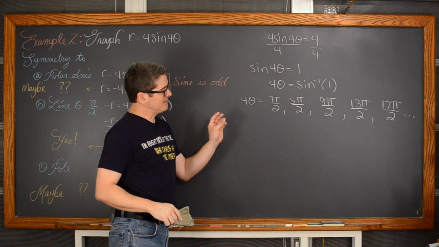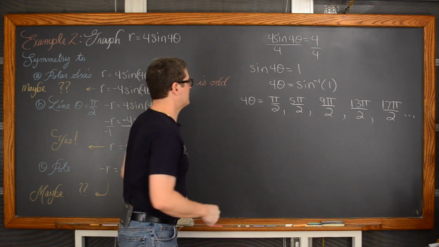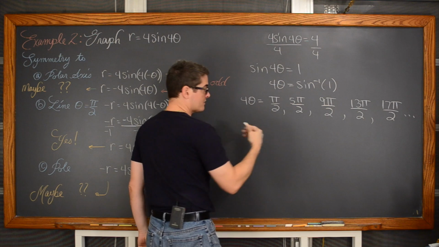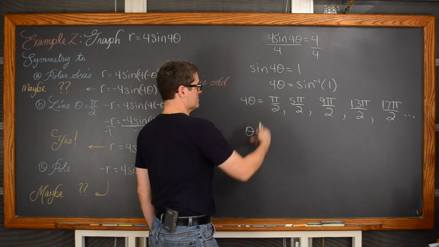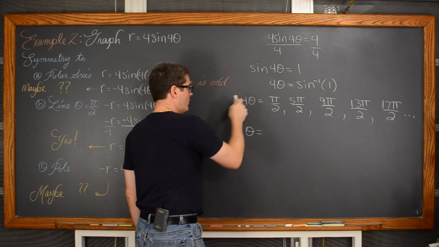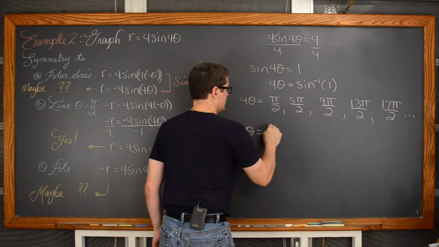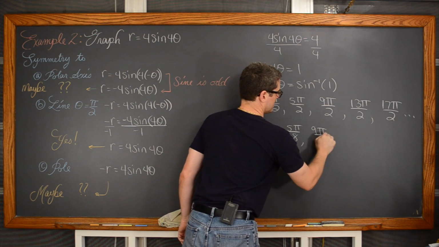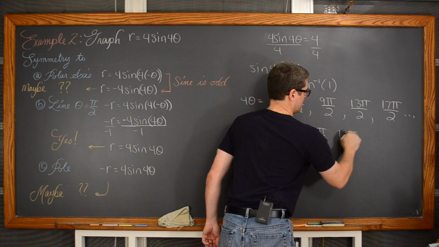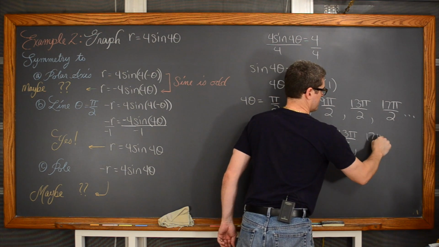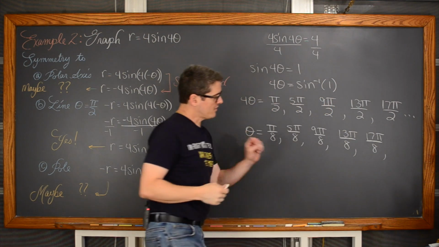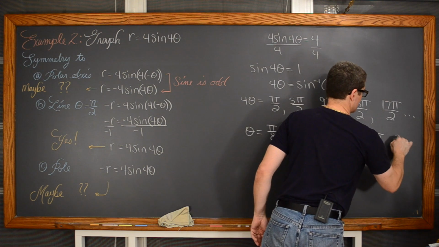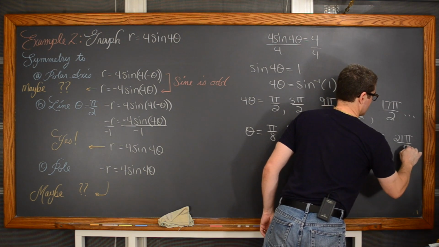Okay, and that list keeps going, but do I need more to that list, or do I need to stop there? So we're going to now divide everything by 4, or multiply by 1 over 4, and we get theta. So 1 over 2 times 1 over 4 is going to be 1 over 8. So we have pi over 8, 5 pi over 8, 9 pi over 8, 13 pi over 8. Now if I were to extend that one more, you can see my numerator is just getting greater by 4. My next point would be 21 pi over 8.